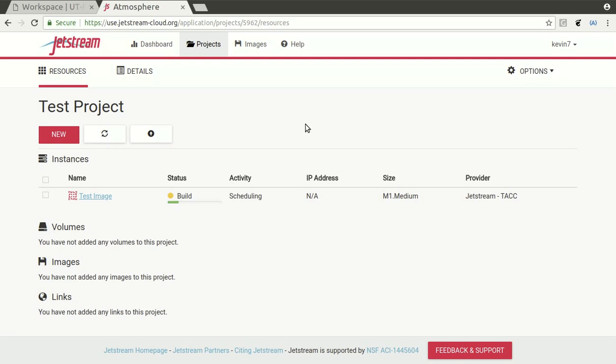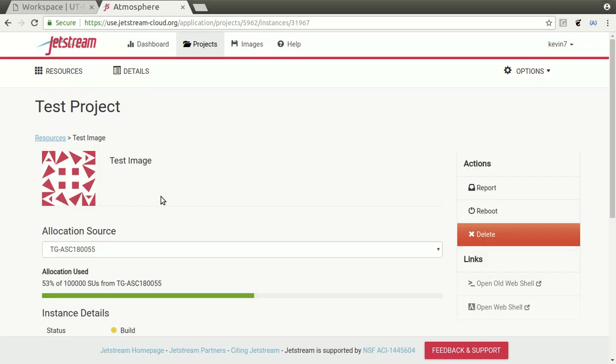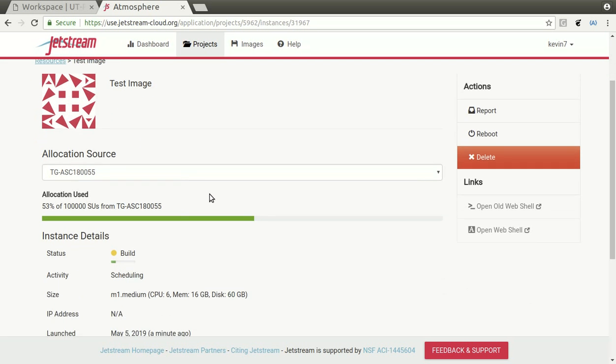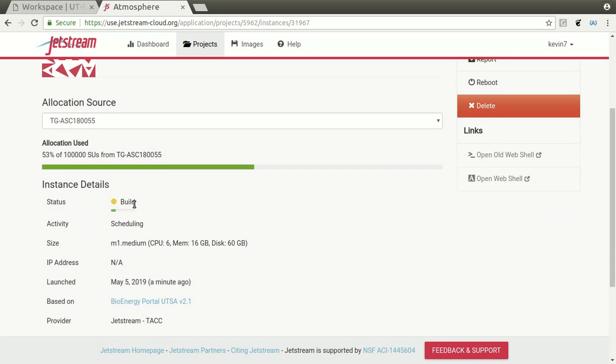So once the image is launched, Jetstream takes a while to build and bundle your image, and you can see the status of your image that is being created. Right now it is being built. If you go inside, you can still see the current activity done by the Jetstream portal. It's still in the build status, so it will take some time to build the image with all the necessary applications